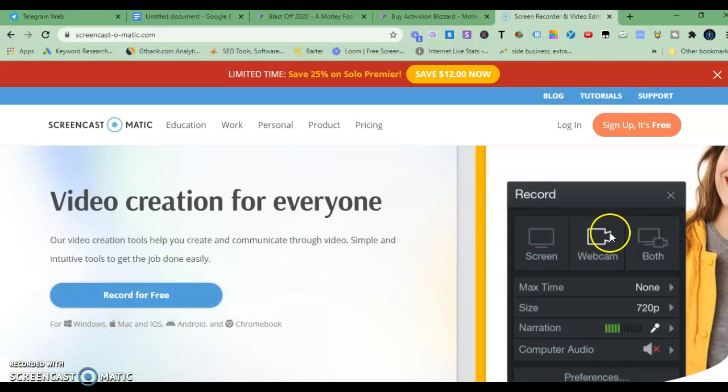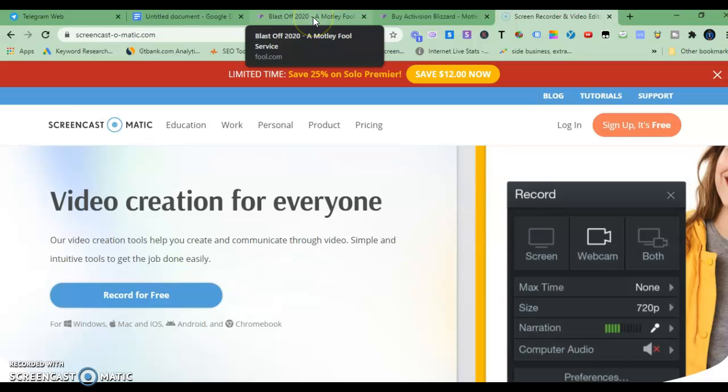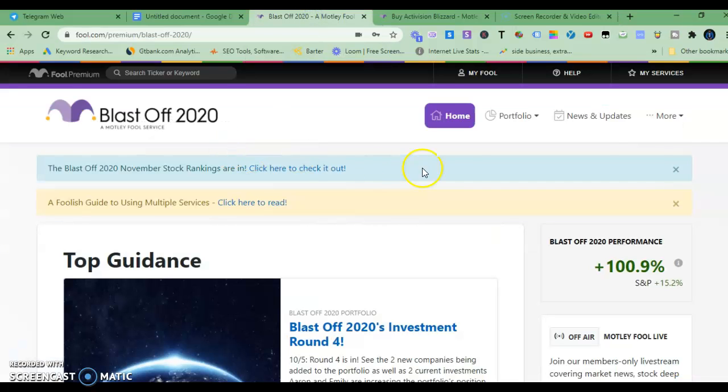Yeah, it's gonna give you this screen, webcam, both, narration, computer audio. So just click the screen icon. Yeah, it's gonna show on the left hand side. Because I have it installed already, so I won't be able to do that. But I can just put you through, or just watch a tutorial. So just record for free, and you go over